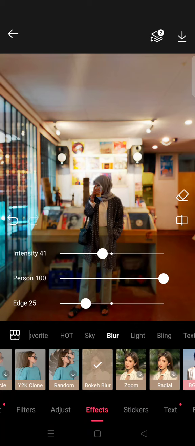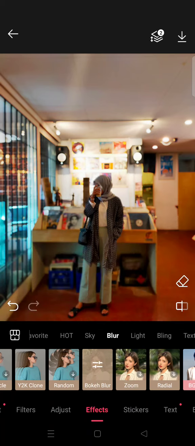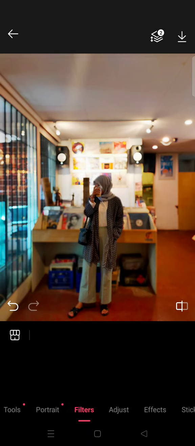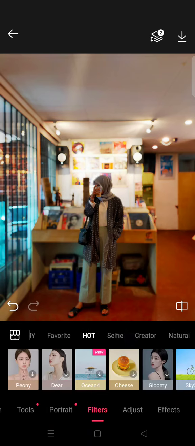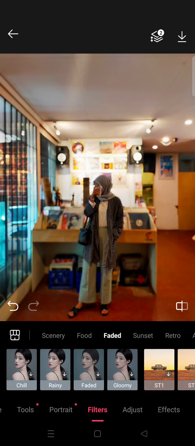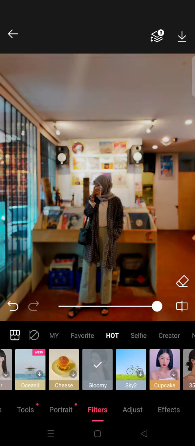Okay, after that, go to filter and find the faded, and I'm going to choose gloomy and then lower the intensity like this into 80, and then after that go to adjust,